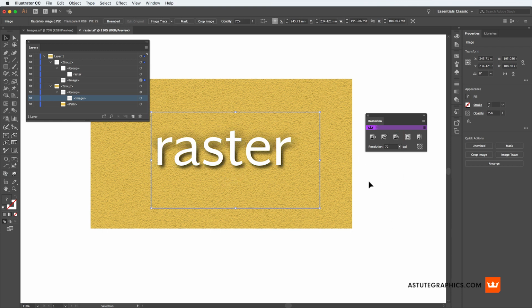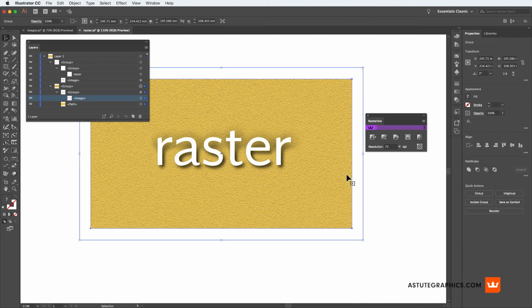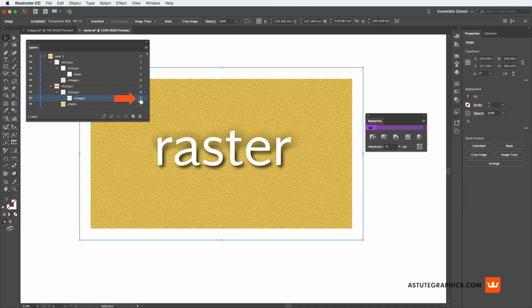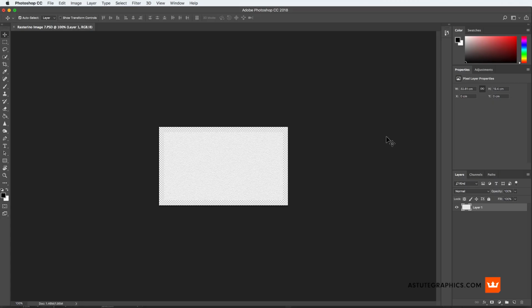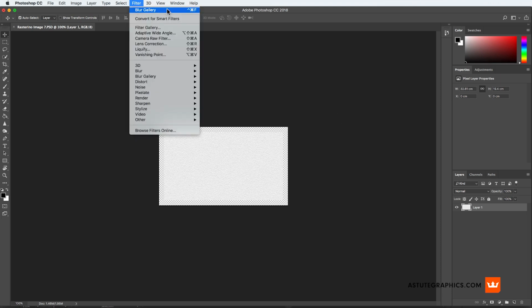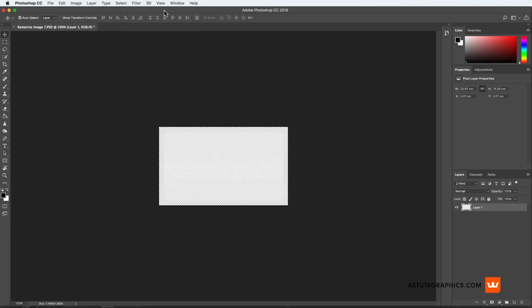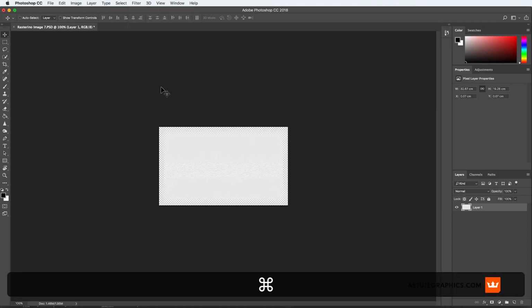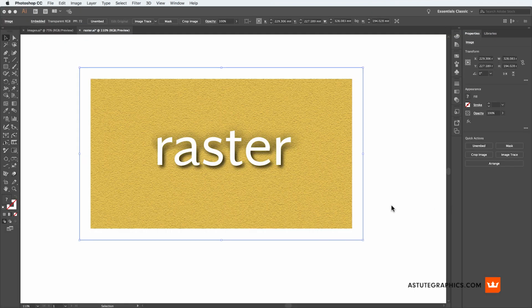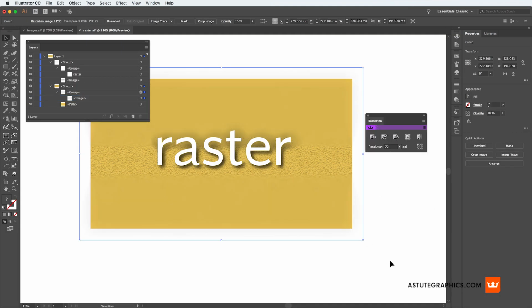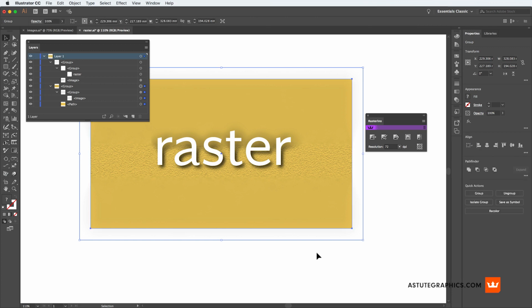So this is a really fine control over our raster effects. I'll just repeat that process and meatball our image, go to Edit, opens it in Photoshop, and let's do the same again. It's a bit extreme, I know, but let's go with that. Save and exit. So press the Update button. Great, so now we understand how the effects we use in Illustrator are actually raster effects, and we can edit them outside of Illustrator and update them really easily, giving us some finer control there.